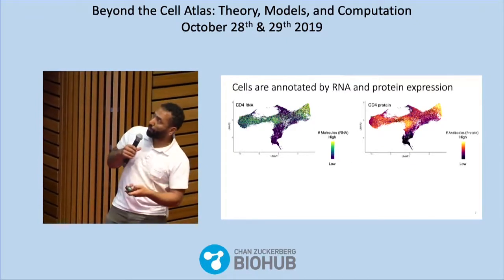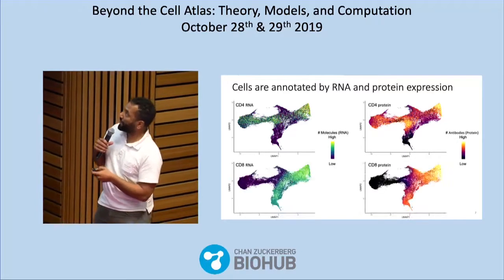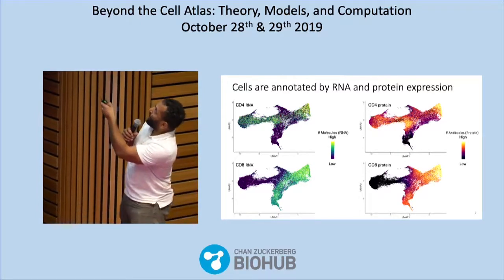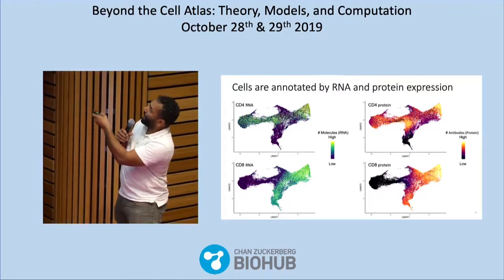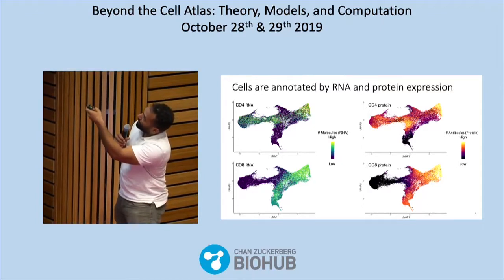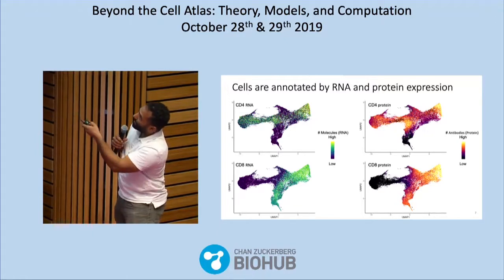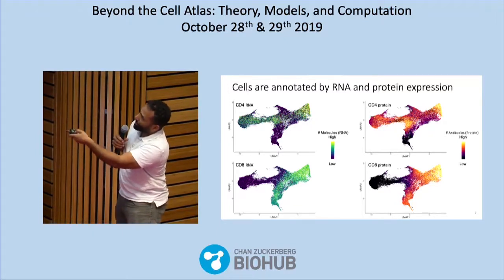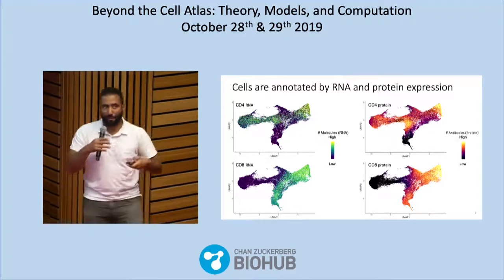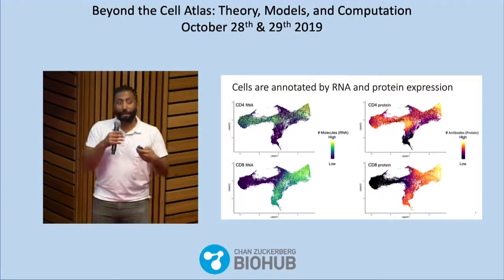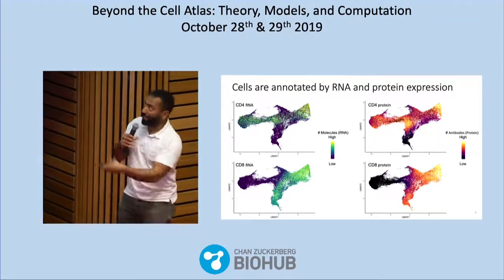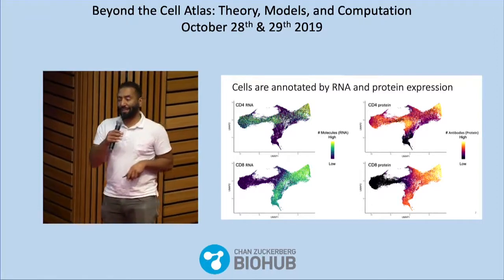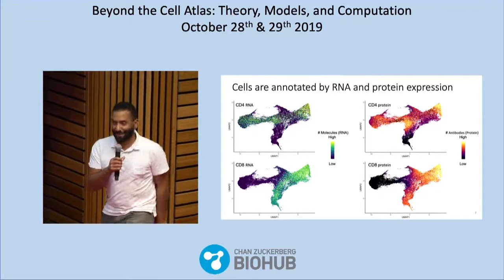If you look in both the protein space and the RNA space, you can see that up here on the top right, we have double positive CD4 and CD8 cells, and we can see this really nice branching into CD4, both in the protein and in the RNA channel, and CD8, both in the protein and the RNA channel. And so we can use this harmonized data set to generate hypotheses about the transcriptional events that happen upstream of this branching. So more to come. Thank you for your attention.